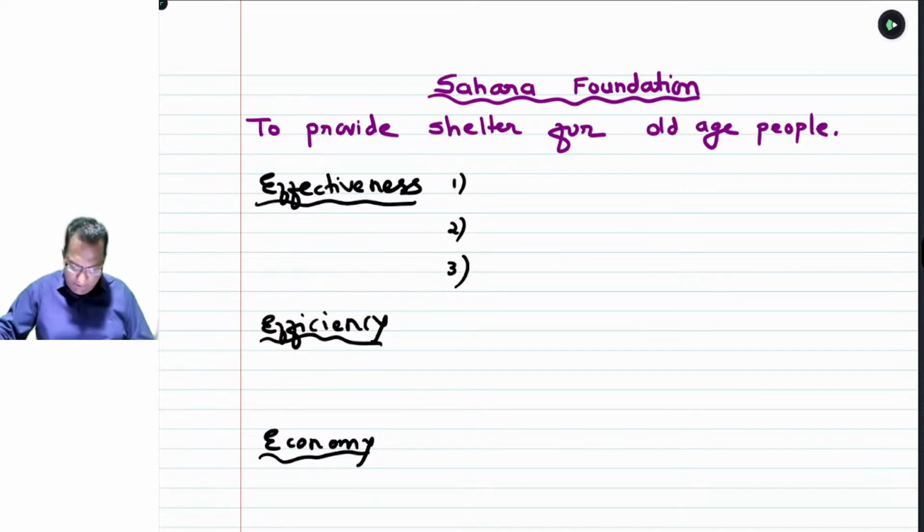Yes, Shrivani, that can also be the measure. Jyoti has given effectiveness: check whether the standard of living of old age people is there or not. Yes, this can be the measure. Whether proper healthcare facility and recreational facility are there or not. Very good point, beta. You don't have to only give old age people shelter. To make your purpose effective, check whether you are providing them proper healthcare, because at that age, healthcare is of prime importance. Whether you are providing proper recreational activity for senior citizens will be checked. Very good.